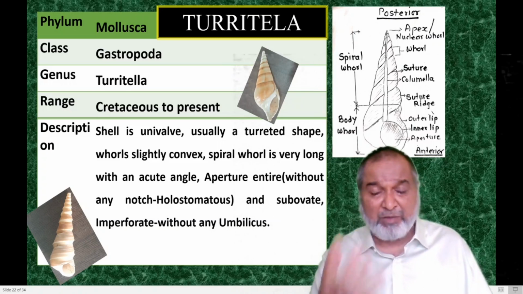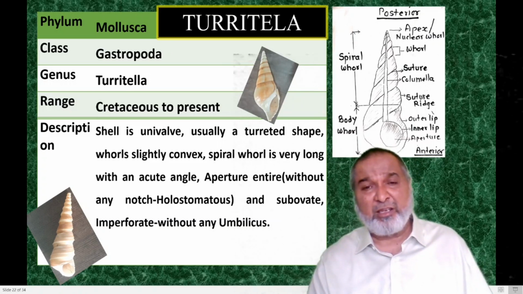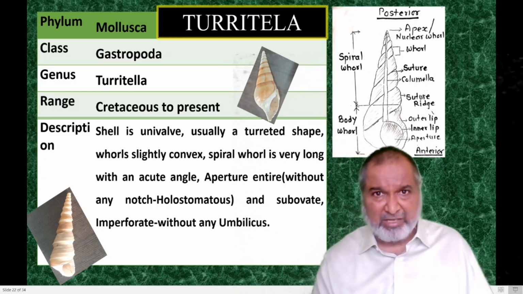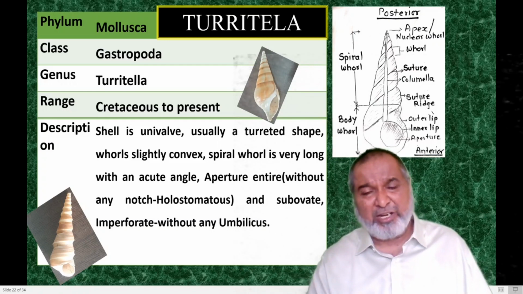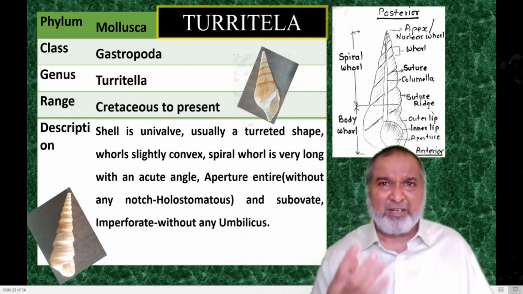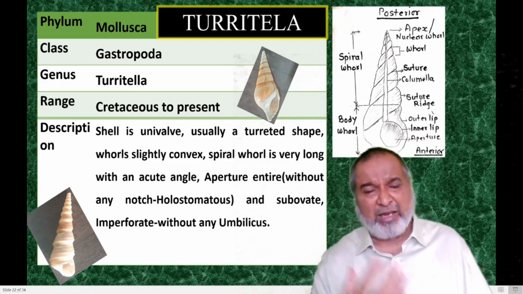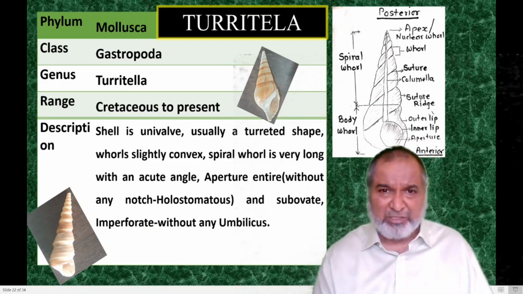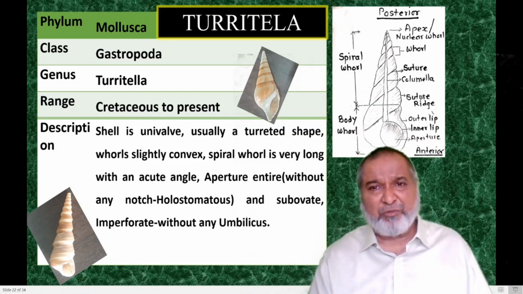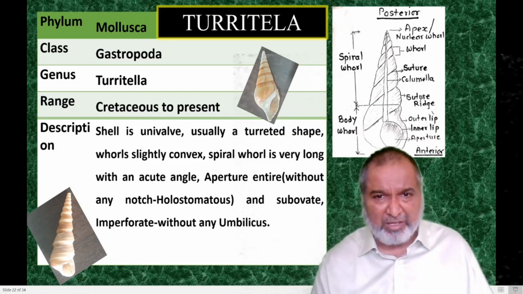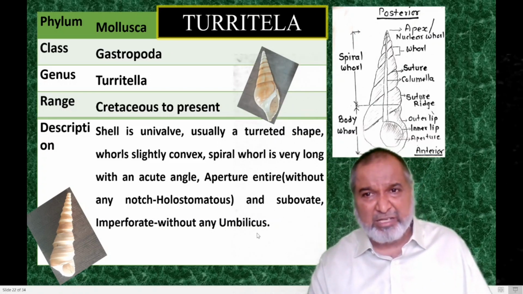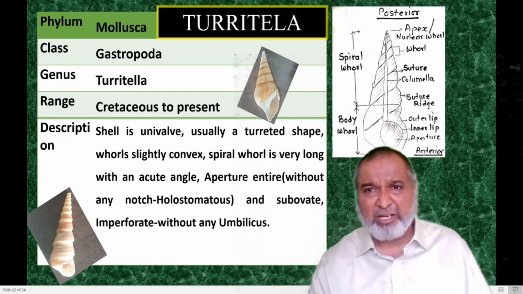So perforated will be the best one you are going to see in the foraminifera. Yes, whether it is the Globigerina or Globigerinoides, in that it is the best one. So when you come into the SY, you will have this particular microfossil. In that you are going to see the perforated or imperforated test, without any umbilicus. You can see the various parts.